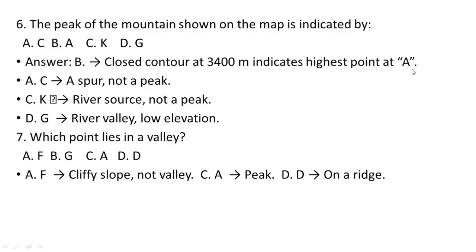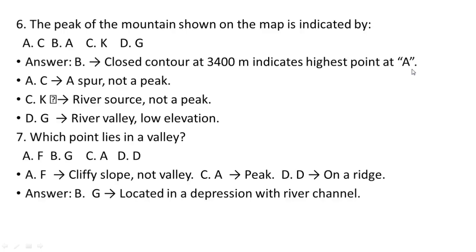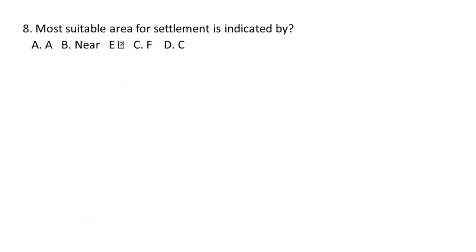So G is located in a depression with river channel that is found in a valley. As a result, B is the correct answer. Question number 8. Most suitable area for settlement is indicated by A, point A, B, near E, C, point F,